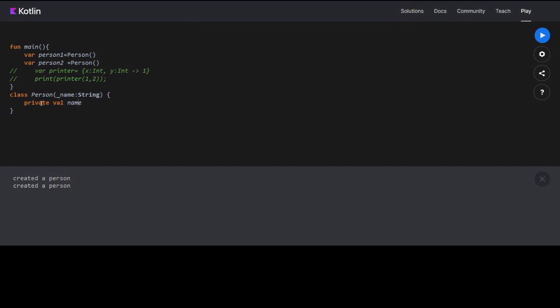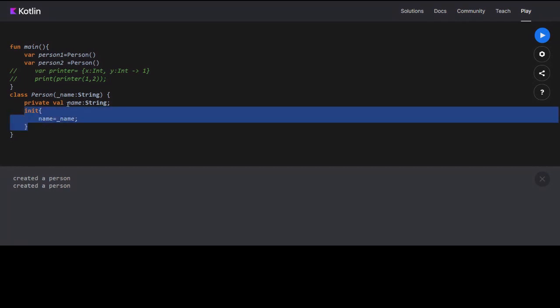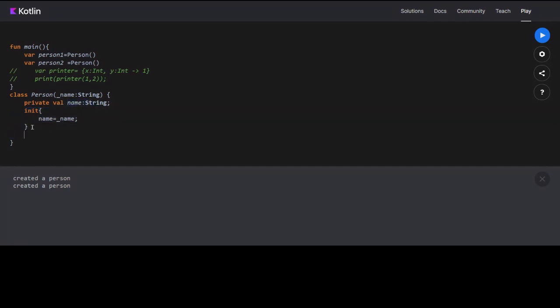What this private specifies is that the variable will be a private variable. Now I will have an init block, where I say name is equal to name. That gives the value from the constructor to name.